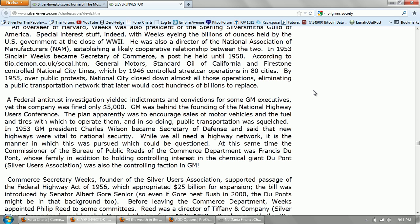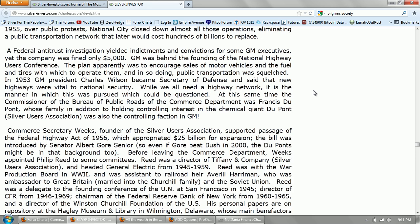According to this site, General Motors, Standard Oil of California, and Firestone controlled National City Lines, which by 1946 controlled streetcar operations in 80 cities. By 1955, over public protests, National City closed down almost all these operations, eliminating a public transportation network that later would cost hundreds of billions of dollars to replace. A federal antitrust investigation yielded indictments and convictions for some GM executives, yet the company was fined only $5,000. GM was behind the founding of the National Highway Users Conference. The plan apparently was to encourage sales of motor vehicles and the fuel and tires with which to operate them,